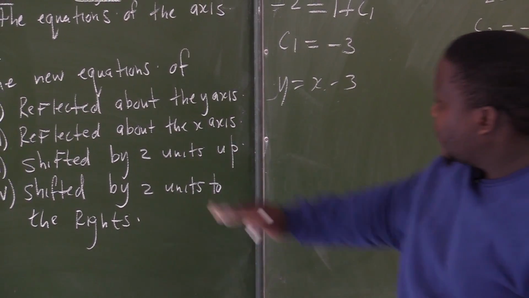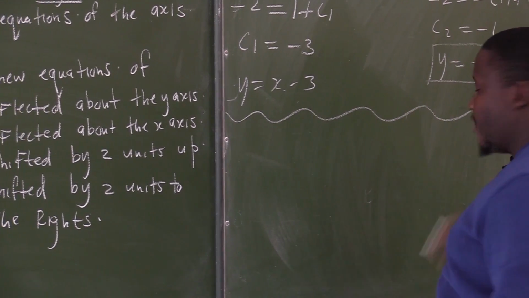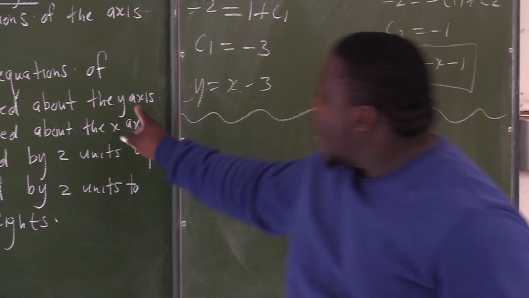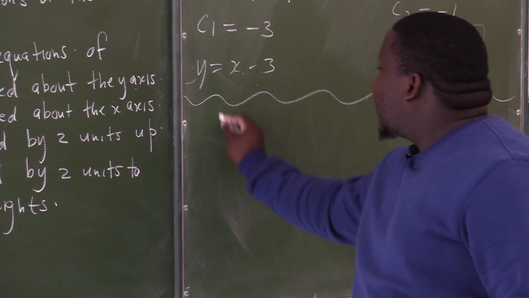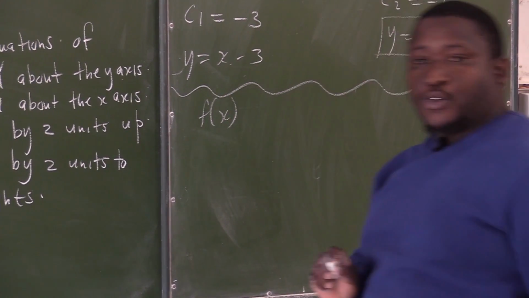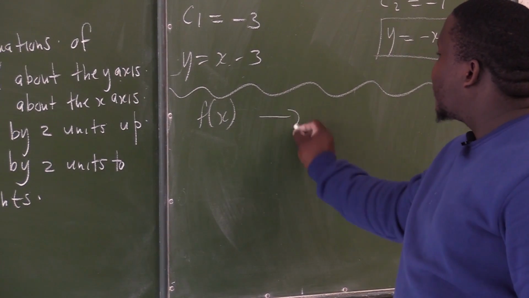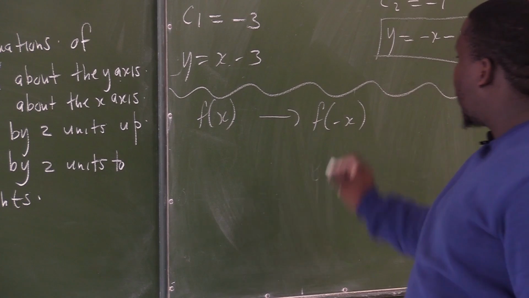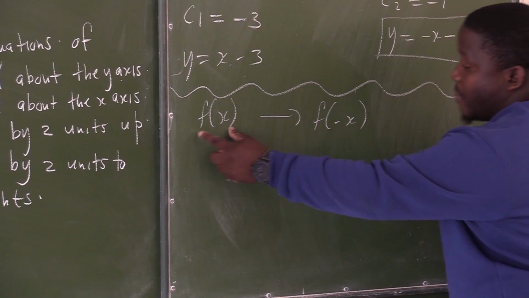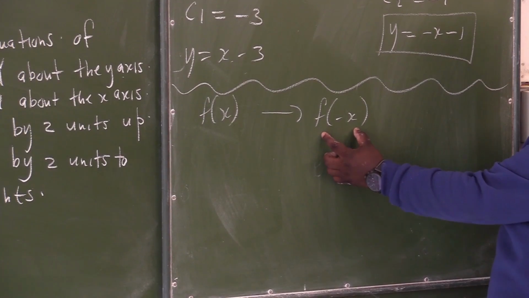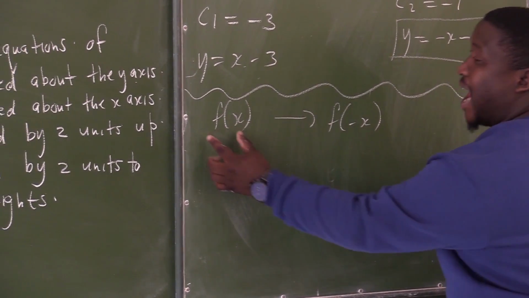What is happening? Let's focus on the first one. What is happening when you reflect a graph, any graph, along the y-axis? If I reflect a graph along the y-axis, this will work for any graph of f of x. Take note of that one. If the reflection is along the y-axis, then this graph changes to f of negative x. Look at the difference between these two. This is what I had, f of x, but now I'm having f of negative x. What am I doing here? I have reflected f along the line